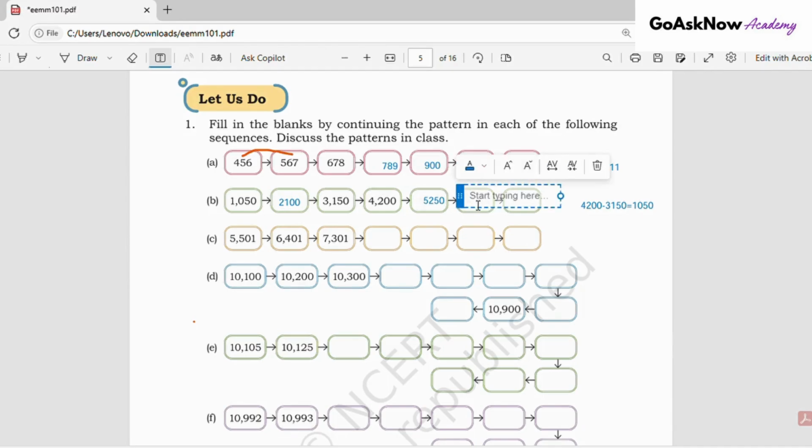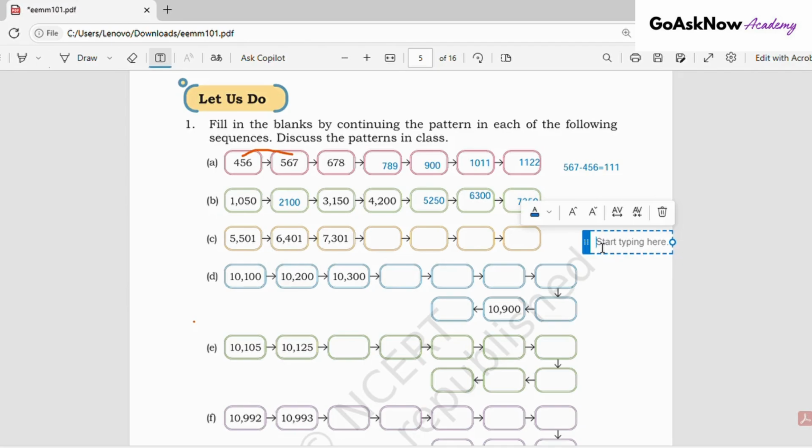Next, 5,250 plus 1,050 is equal to 6,300. Next, 6,300 plus 1,050 is equal to 7,350. You have to add the different value. Okay. After that, in part C, the difference between these two is equal to